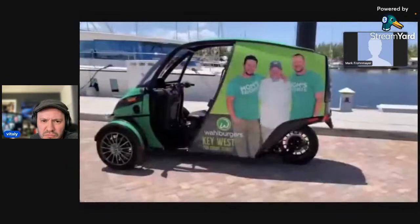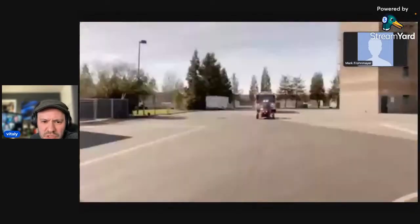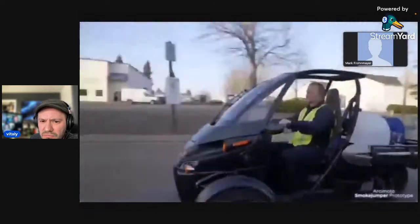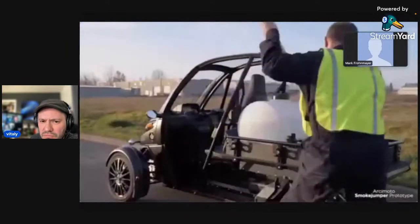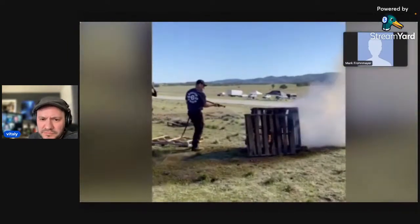For our commercial and government fleet options, early trials of the Deliverator, flatbed, and rapid responder have provided invaluable feedback as we aim for volume production of these products. And at our ramp launch, we gave the first sneak peek at the Smoke Jumper initiative, a rapid response, first on the scene Arcimoto, augmented with a firefighting technology portfolio